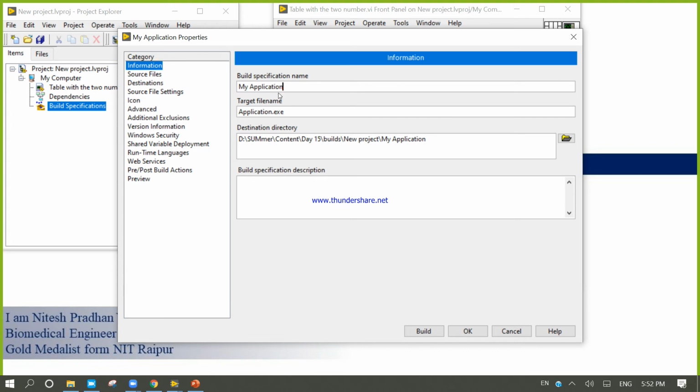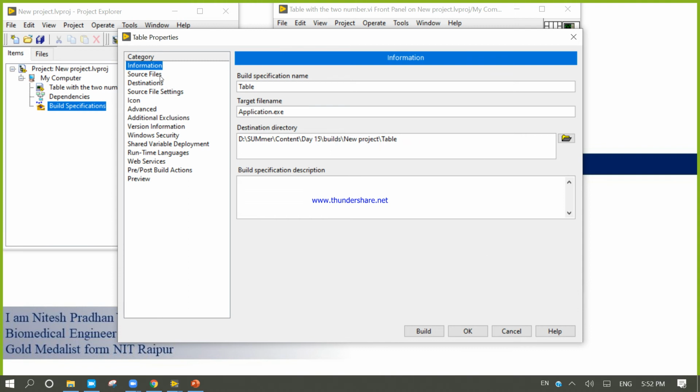Here is the information: my application, or table, whatever you want, you can change the name. The destination directory by default is Day 15, builds, new product.